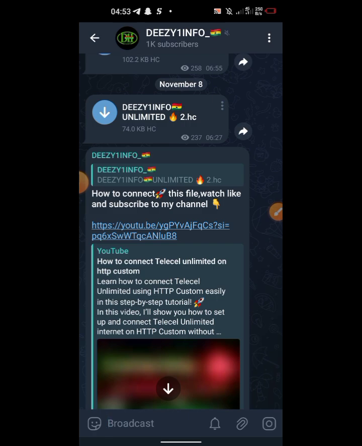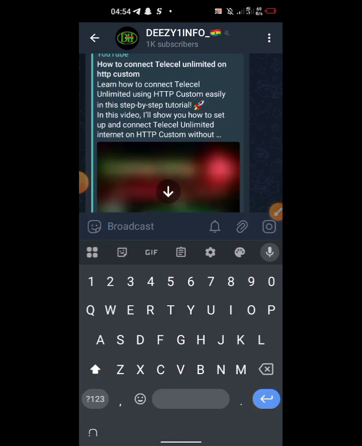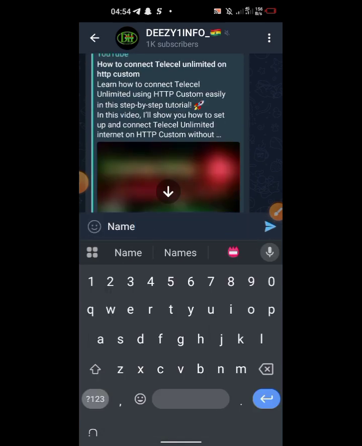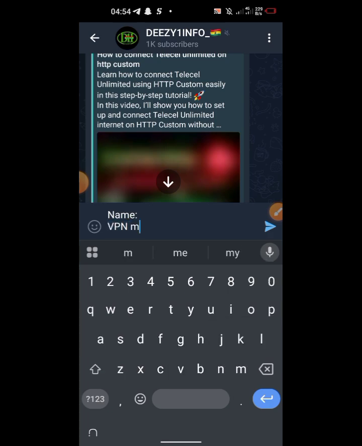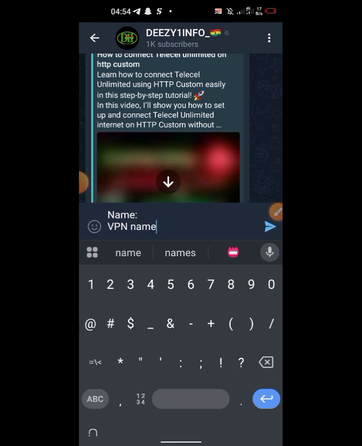Because most of the time, with Digital Ocean, if you don't take care, or if someone disobeys or doesn't comply with the rules, they can ban your account or remove your account. So you need the person's name, then the type of VPN that the person wants to use, maybe NapsternetV or HTTP Custom, so a VPN name. Then the hardware ID.